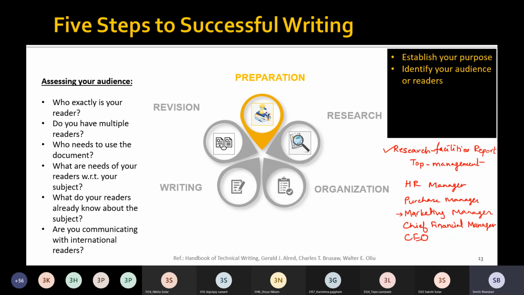And that is the need of identifying your audience first, because based on the types of readers, you need to provide the information in your report or in your document.